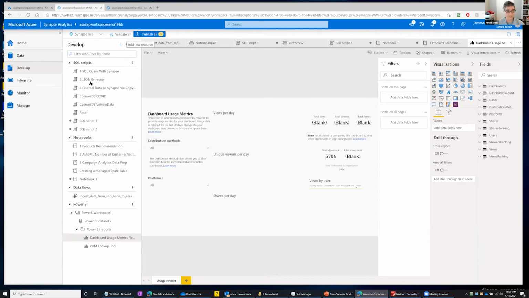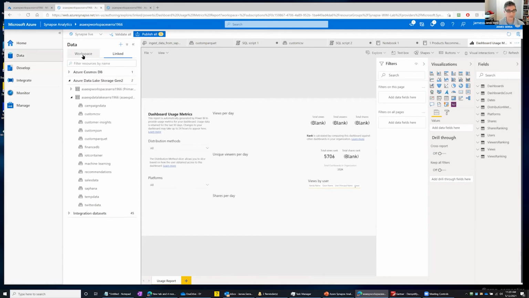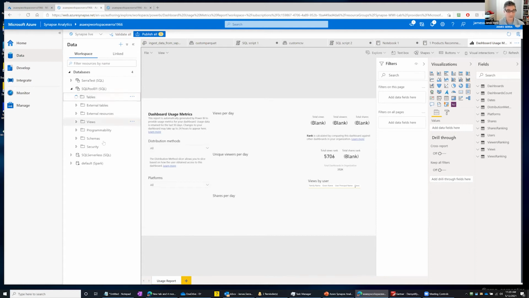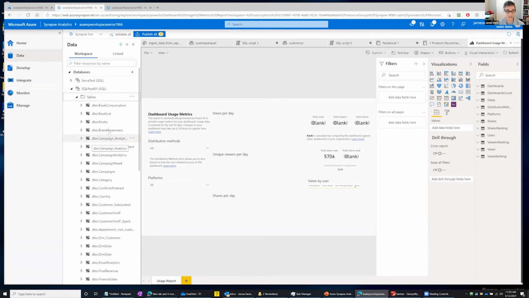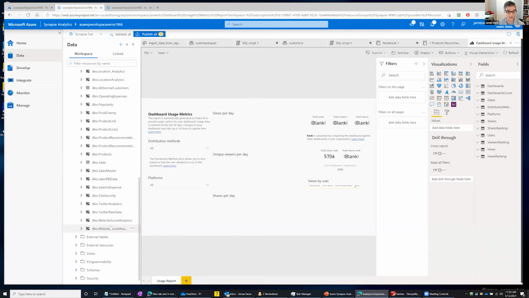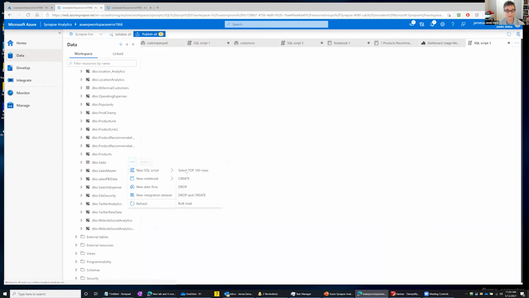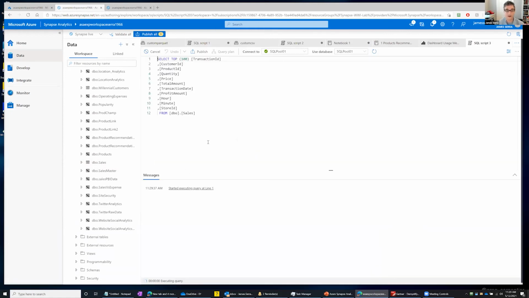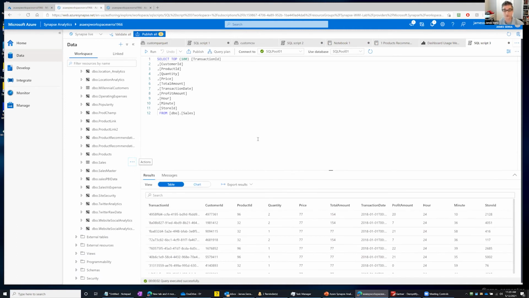And I still have my traditional databases on here, if I go back to my workspace. So if I wanted to use good old-fashioned T-SQL against a relational database, I can come up here, right-click this, and do the new SQL script, and voila, I'm now doing something that maybe usually you would do through SSMS instead, but you can do it right through here.